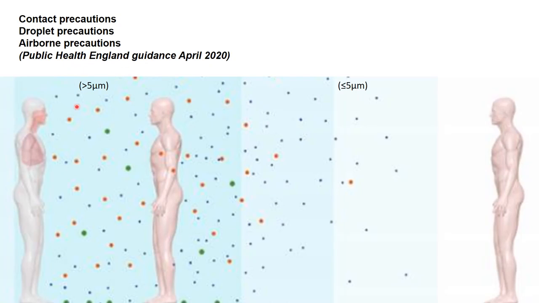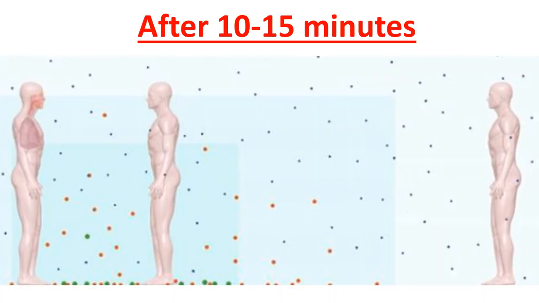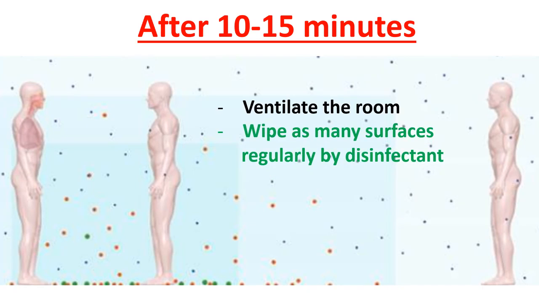The heavier droplets, about 5 microns in volume, are very heavy. They will start to descend to contaminate all the surfaces in the dental office. The lighter droplets will be airborne to reach the very remote patients or escorters later on. So after 10 to 15 minutes, we will see that the dental office is fully infected and the surfaces are contaminated. So we have to ventilate the room efficiently, and wipe as many surfaces regularly as possible with a disinfectant such as sodium hypochlorite,